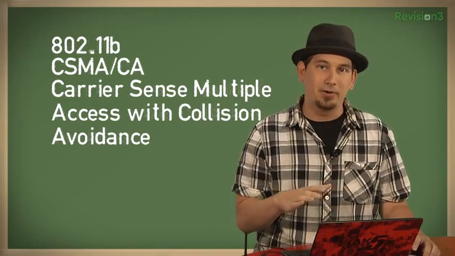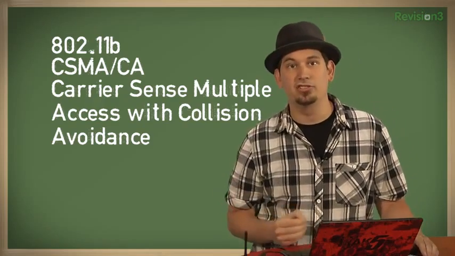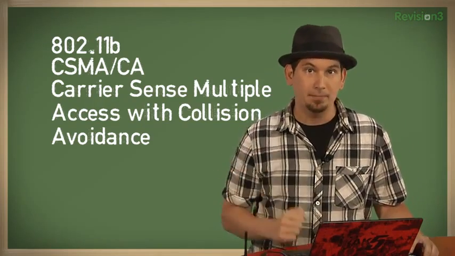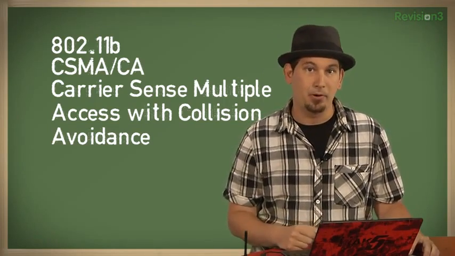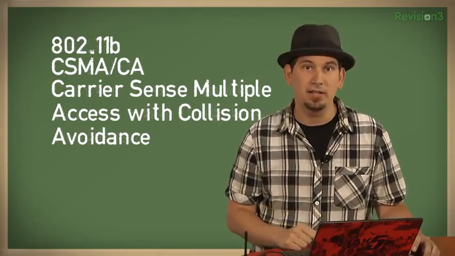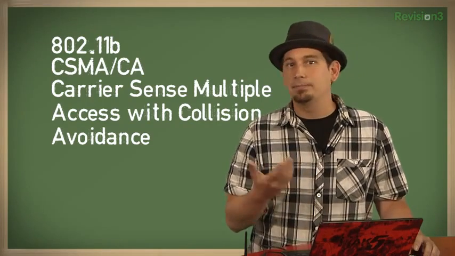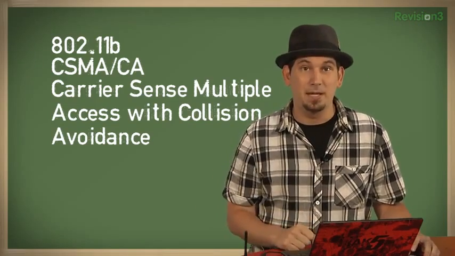The carrier sensing part is the means for the radio to listen for signals from other stations transmitting, and then wait for them to finish before it begins transmitting. The multiple access is just that: it means that the protocol is for more than just two parties. And the collision avoidance is a modification that uses a little less of the frequency when it notices there's a whole bunch of traffic congestion. How sweet is that?